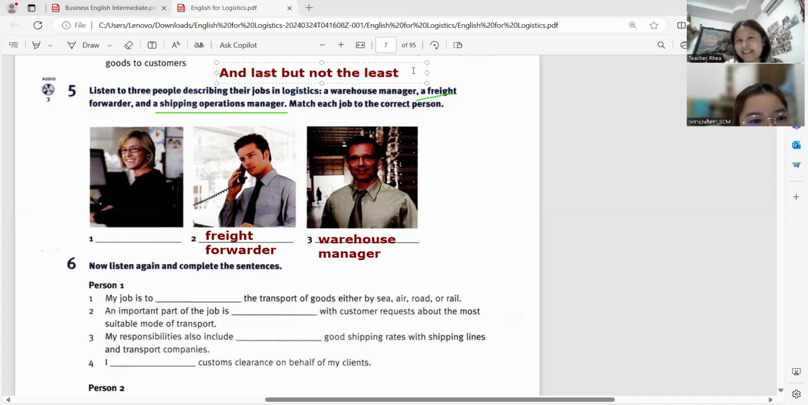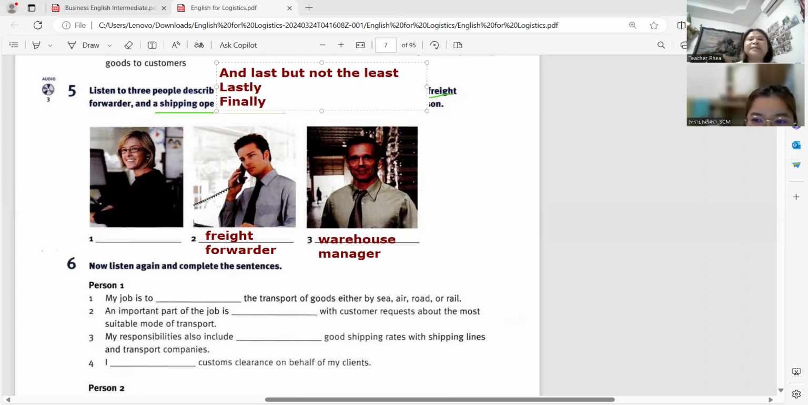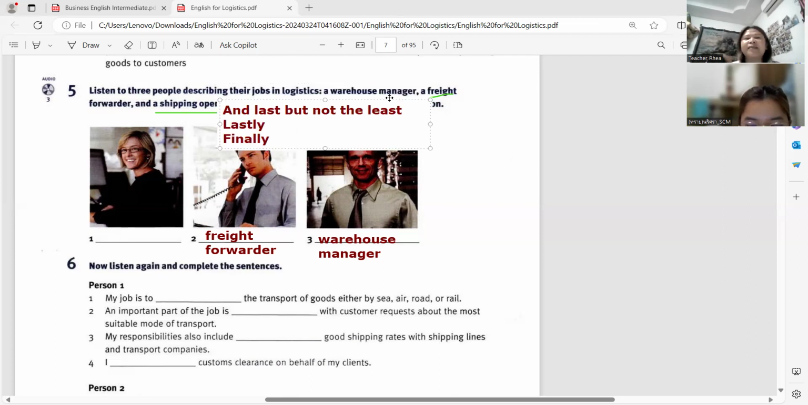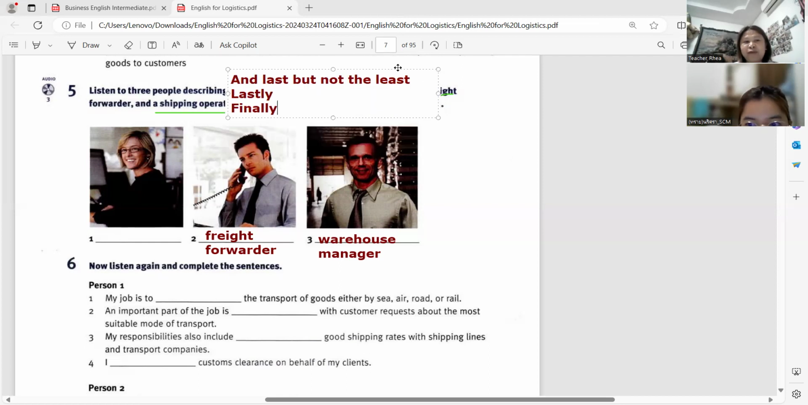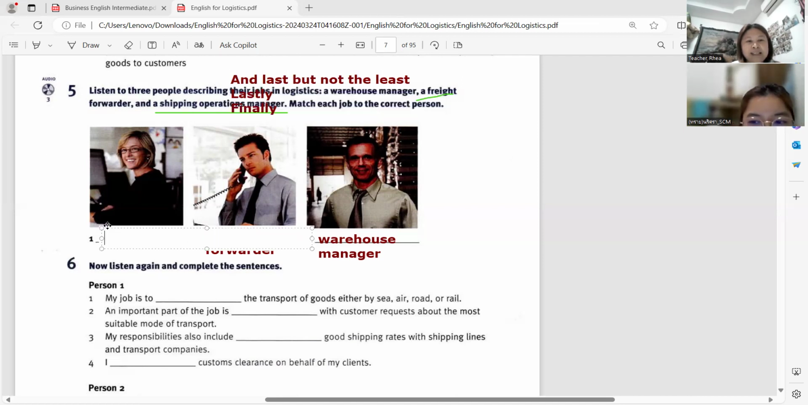What is the synonym? Synonyms for this, you can also use lastly or finally. Finally, lastly, okay. So that is how you can use these words. Okay, so your answer was this: